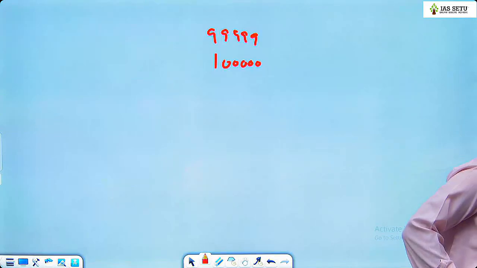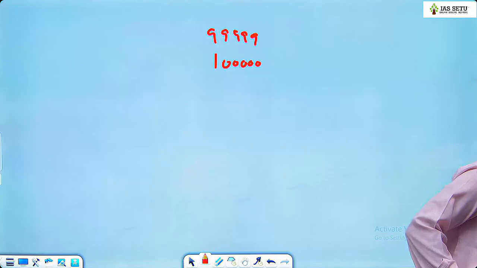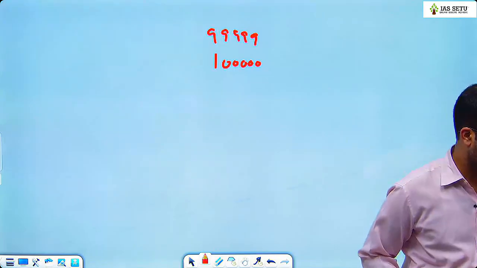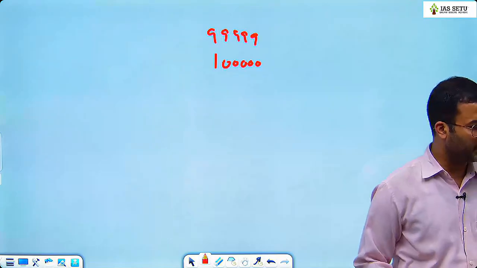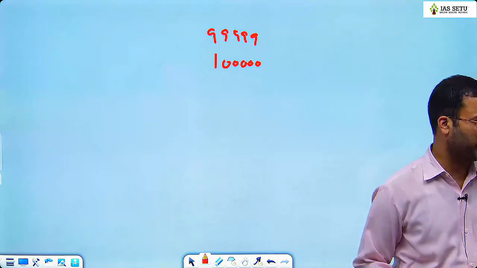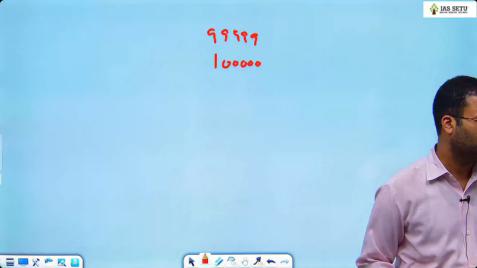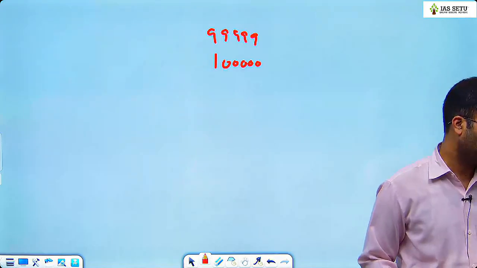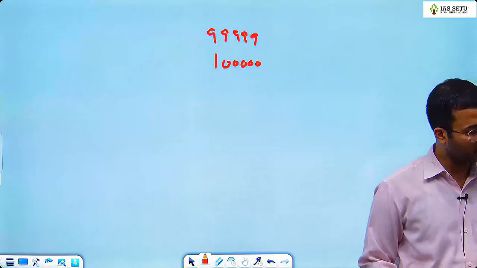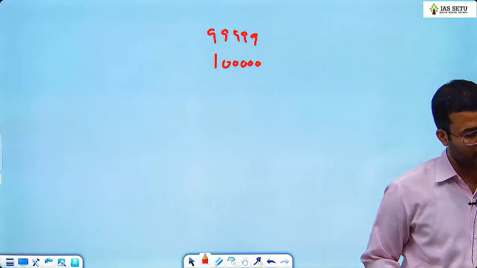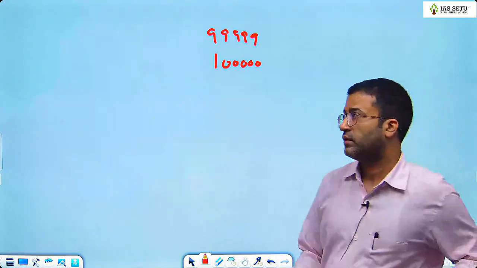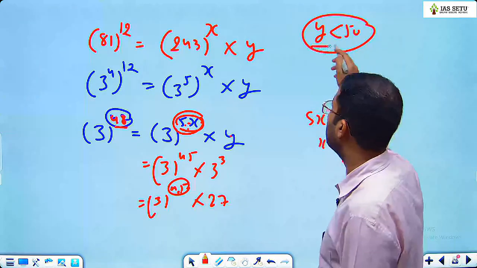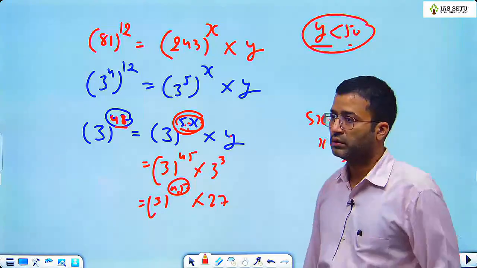46/3 भी तो हो सकती है। हम्म, 46/5 भी तो हो सकती है इसकी वैल्यू। नहीं, मैंने ये बोला था कि x और y नेचुरल नंबर हैं, मैंने ये कंडीशन तो दी थी। मुझे पता है ना कि कुछ भी सोच सकते हैं हम, पर x और y नेचुरल नंबर हैं। क्वेश्चन में कंडीशन है x और y नेचुरल नंबर हैं और y 50 से छोटा है। लिख लो।